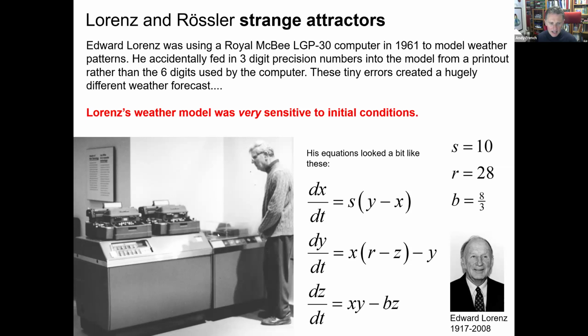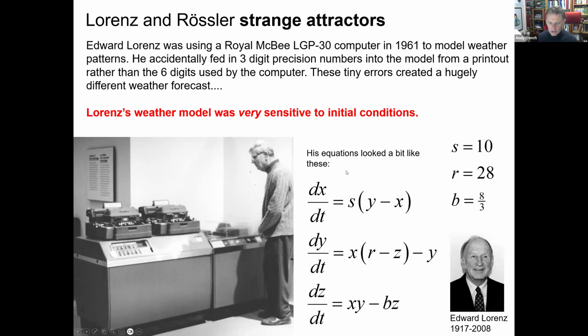And what he discovered is he got completely different weather. So he got some really wild solutions. And it turns out that he'd been not putting the right number of decimal places in. I think the computer worked to 6 digits of precision, and he fed in 3 and got completely different weather. So this is a bit like when you've got your pool cue and you hit a ball and you're slightly out and you get totally different results.